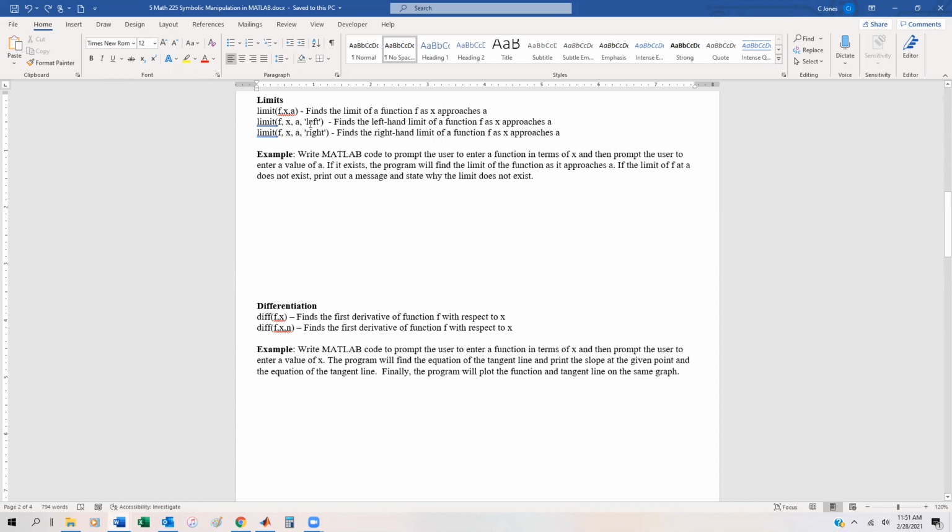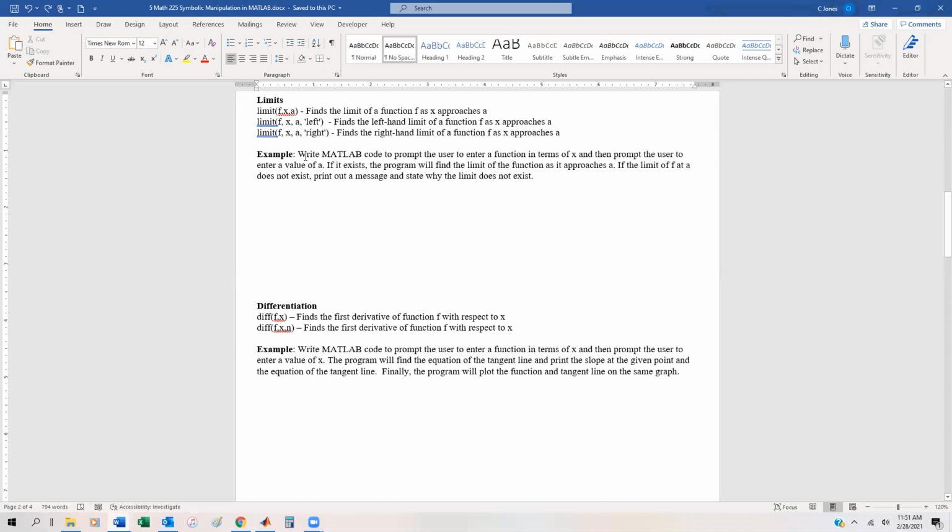You might remember from Calculus 1 that there's left-hand and right-hand limits. If you want to just find a left-hand limit, you just put in a fourth parameter in quotation marks, 'left'. And if you want to find the right-hand limit, you just do quotation marks 'right'. Now, let's go through and do a fairly easy operation from Calc 1